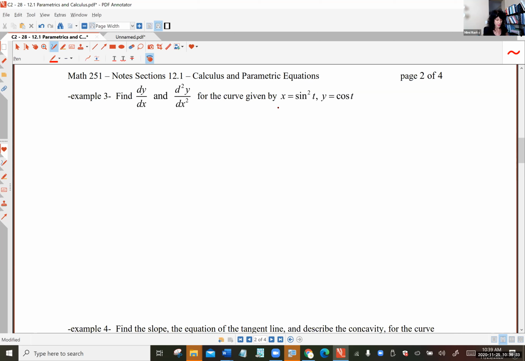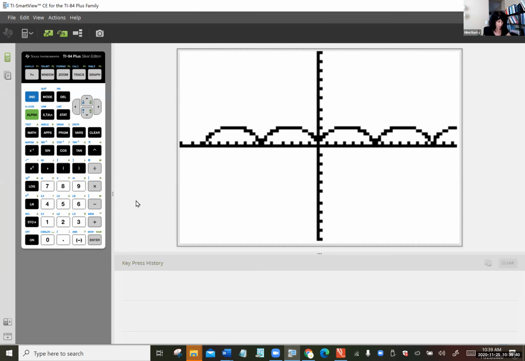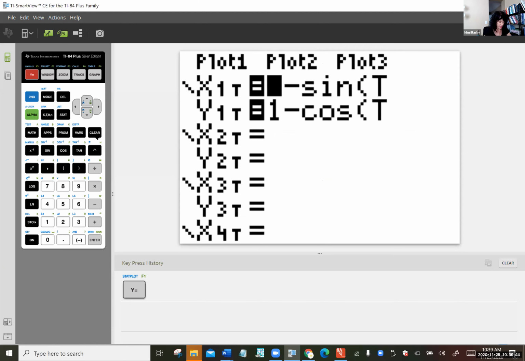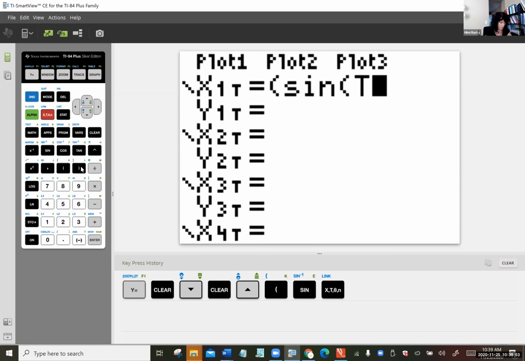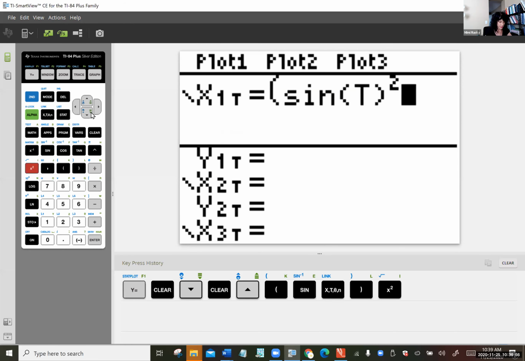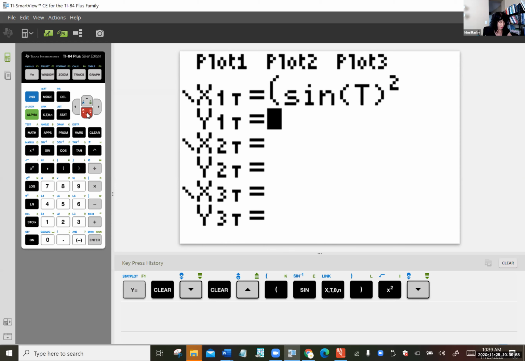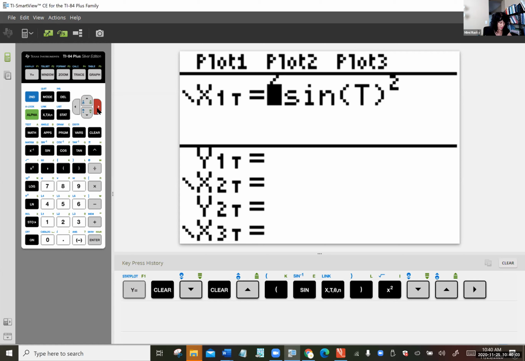Okay, fine. So they're giving you the parametric equations, and you certainly could graph these. I mean, heck, if you want to know what the graph looks like, then bring up your graphing calculator and clear out whatever garbage you had from last time. And let's see, this is sine squared, so I guess I need parentheses, sine t squared is the first equation. And oh, I blew it. Let me go back. I didn't want to